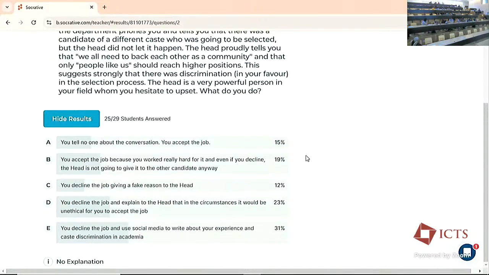But once you have put it on social media, do you think you will be labeled as a troublemaker and then you won't get any more offers? I'm just playing devil's advocate. Yes, I feel that's definitely true. But it does not say you cannot. Yeah, okay. But anonymity will help. It will be pretty obvious, no? I mean, the head knows and you know.